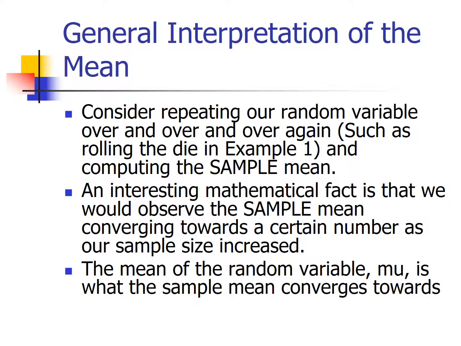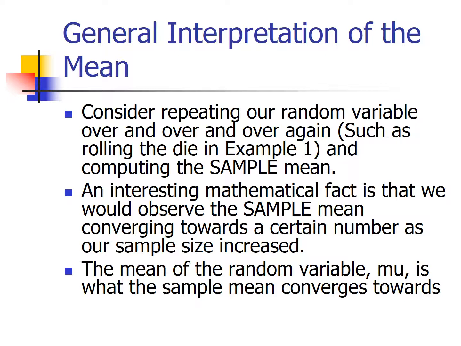Well, consider the idea of repeating the random variable, or the random phenomenon that it is based upon, over and over and over again. So in terms of example 1, consider rolling that die over and over again, and as you're rolling it, computing the sample mean. An interesting mathematical fact, shown empirically and provable theoretically, is that the sample mean converges towards a certain number as our sample size increases. That is, the more we roll that die,